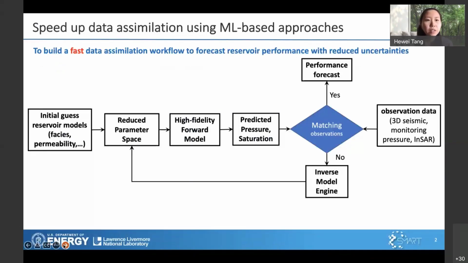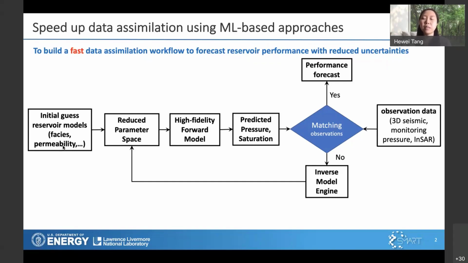So the motivation of Smart Task 4 is to build a fast data assimilation workflow to forecast reservoir performance using machine learning approaches. Here I show a typical data assimilation workflow. Usually we start with some initial guess of reservoir models. They may be facies distribution or permeability distribution, and they are represented by discretized grid blocks. That's no doubt in very high dimension, and we can have up to 1 million grid blocks to represent a reservoir. And then we need to